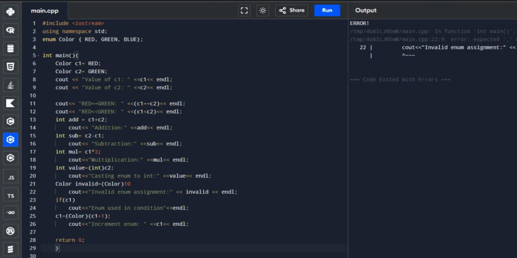Line 22. What's wrong with this? Invalid. Let me check what happened to our error here.